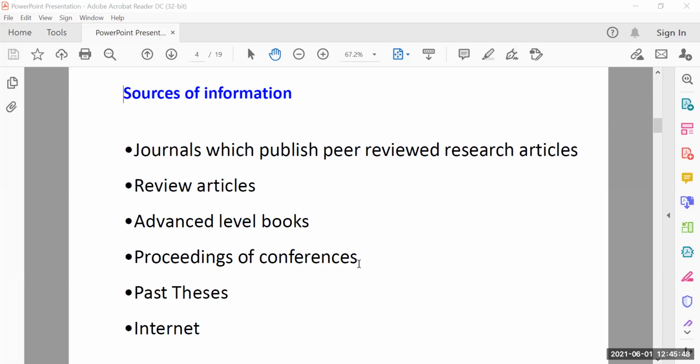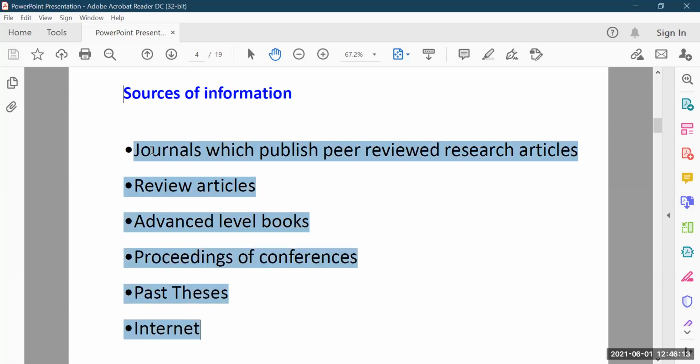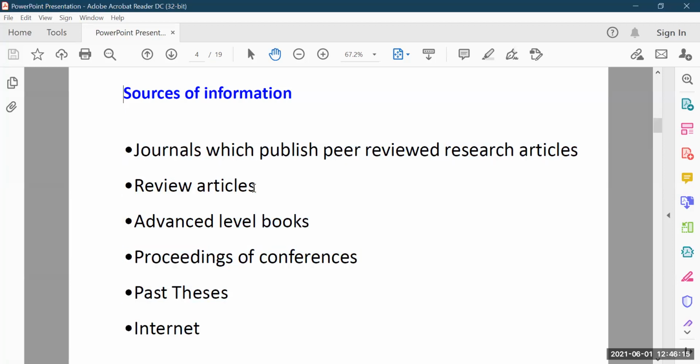So that also gives you exposure to where research is going on in a particular area. To understand how to write the thesis, what people are doing, and what the format should be, you can refer to past theses. And besides that, for any problem, anything you want, the internet is available to you, right?